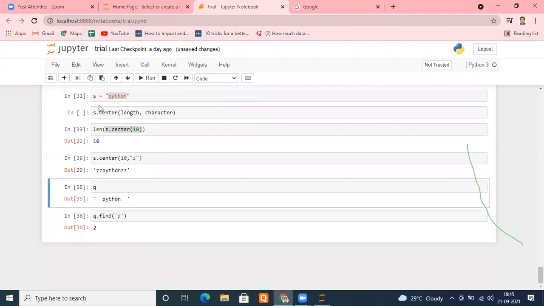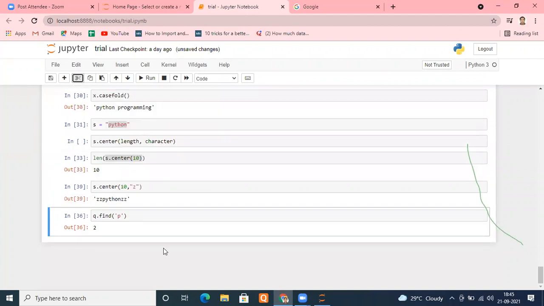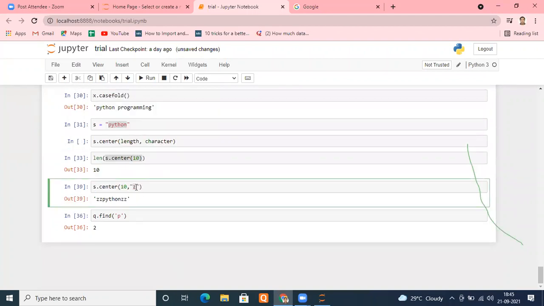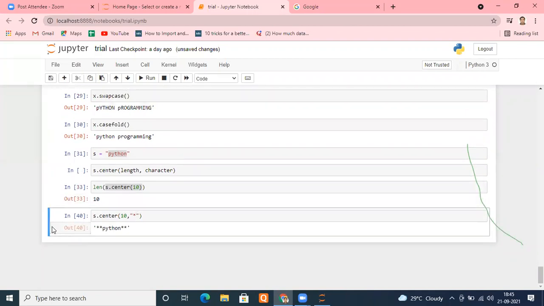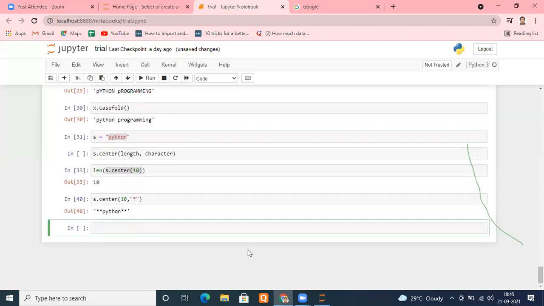So let me remove this. Better I leave it a star so that whenever you are studying at home, you can recall it, it's easy to remember. Okay, let me run this. Let me remove function find for now. Okay, so the next function we are going to take is your count function. Suppose again I have taken a function.